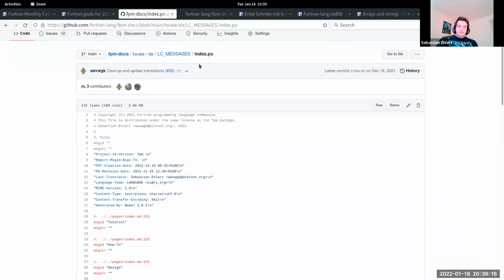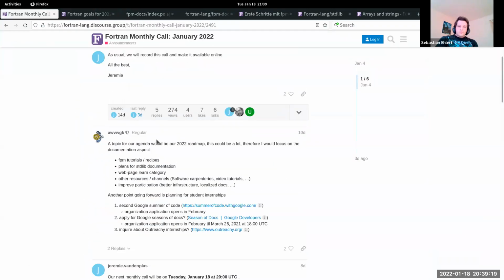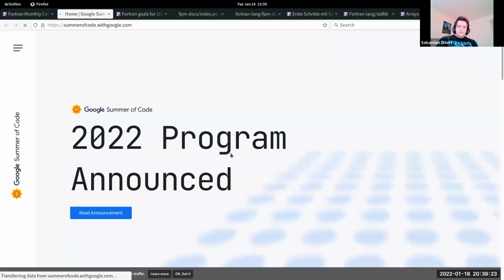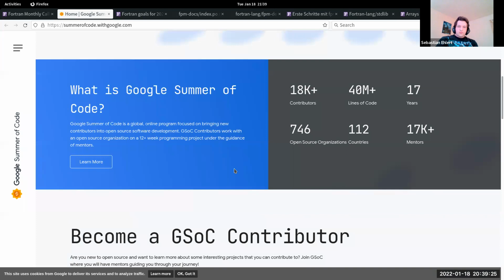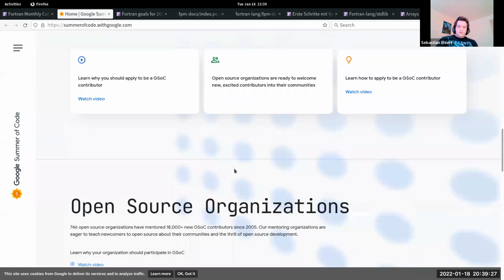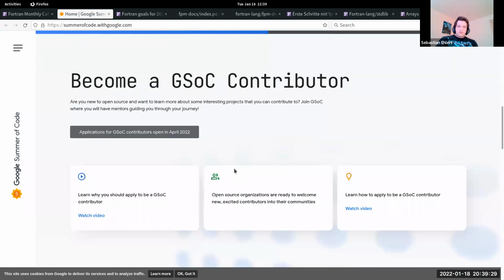All right, let me share my screen again. I think I linked all the respective pages. They have announced their program, and maybe the most important change is that they opened this program up, so it's not only for students anymore.